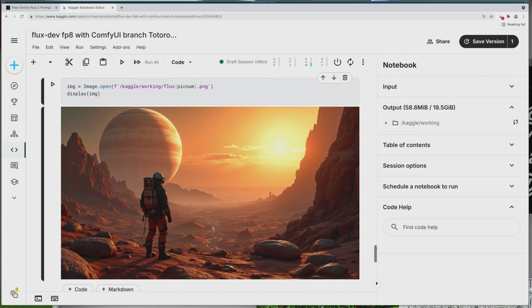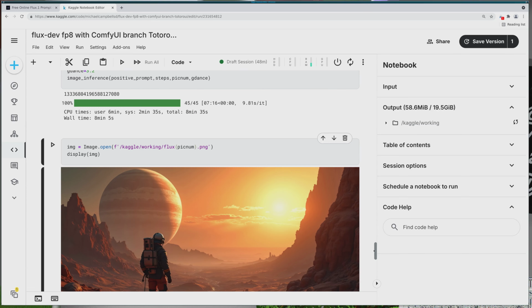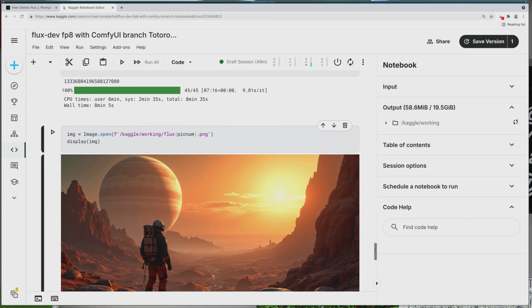I was having a hard time getting it to look like this before. This might be a good number to make a note of, actually, because I like this one. Let's see where that number is. Yeah, so there you go. It's 13336804196588127080. That's a good number to remember, because this is what I was trying to get it to look like